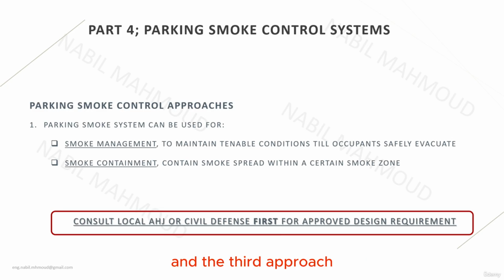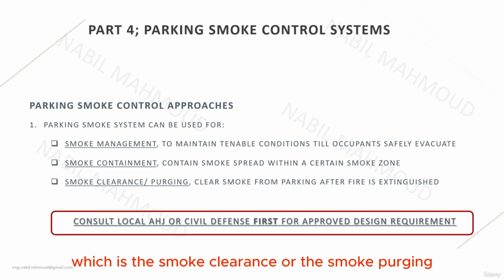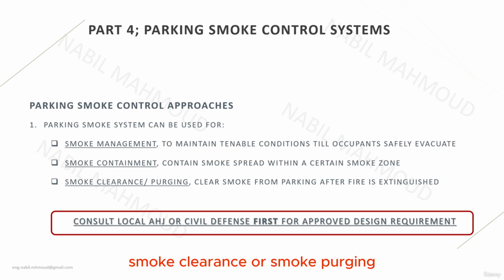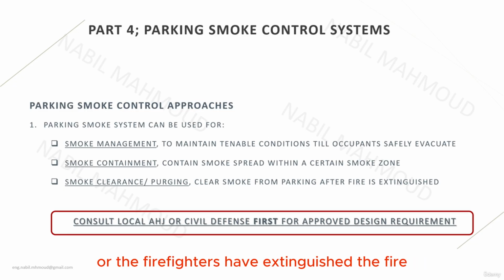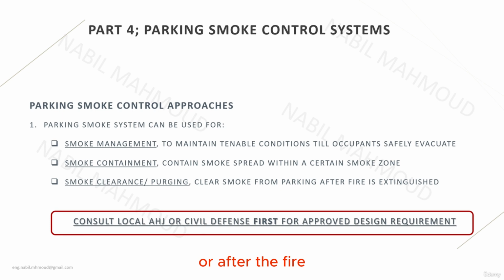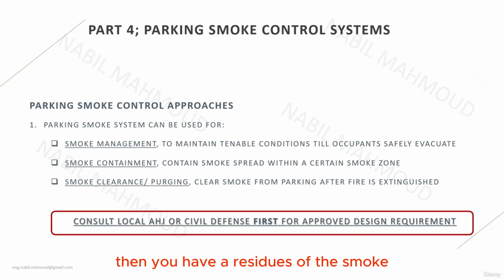And the third approach for smoke control in the parking is smoke clearance, or smoke purging. Smoke clearance or smoke purging is simply a mode that is usually activated after the fire has been extinguished, either by the civil defense team or the firefighters, or by the fire protection system. Then you have residues of smoke and combustion products, with smoke partially or fully filling the place. So you need to get rid of this smoke